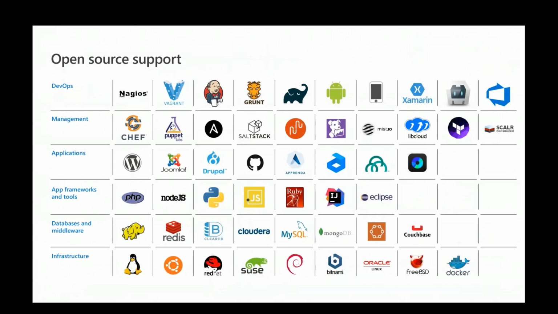So Azure is an open cloud, just to call it out. Satya said Microsoft loves Linux way back in 2014, and we've definitely stood by that statement. So if you're wondering what else can run on Azure, this is just a very small snapshot of what is currently available and supported on Azure today. So don't misunderstand that Azure is a Windows-only environment, right?